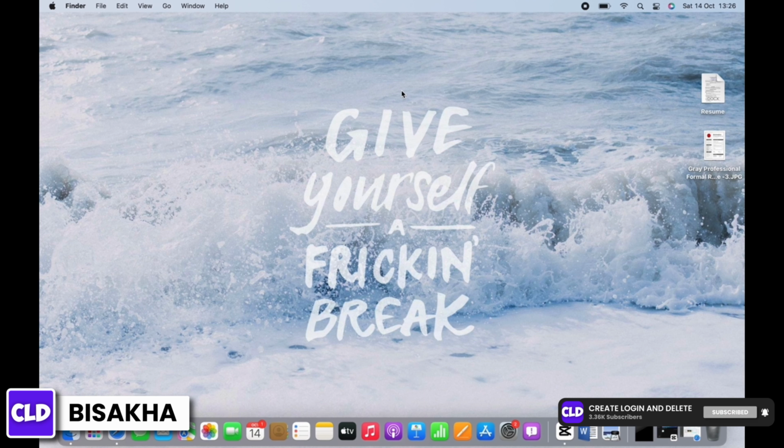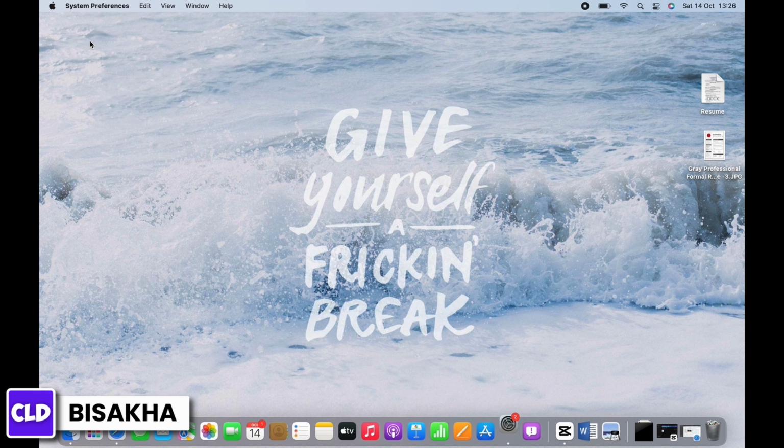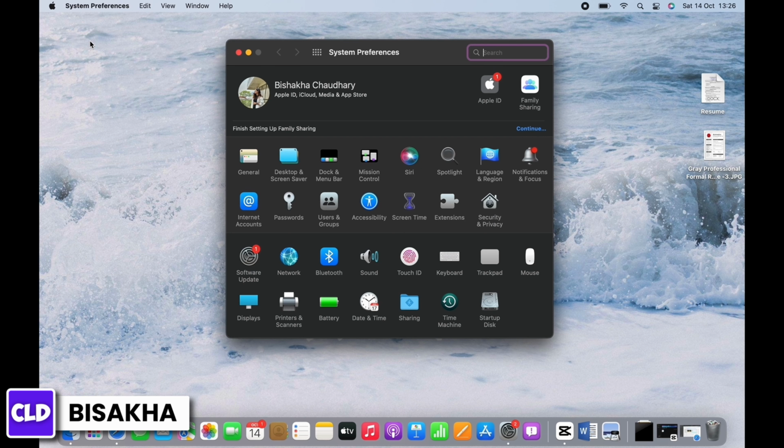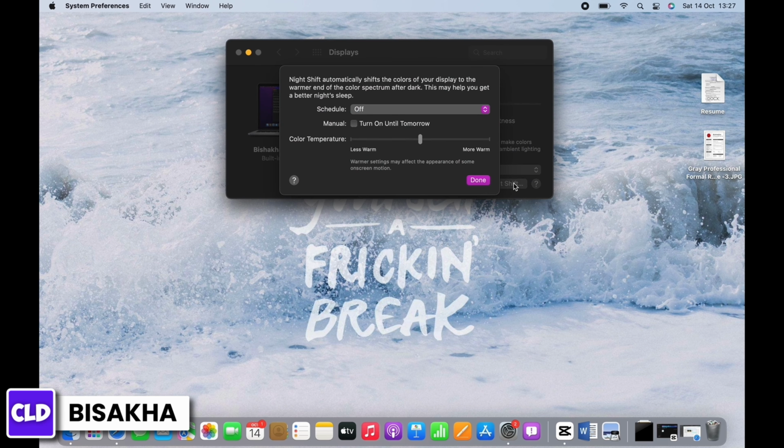In order to enable and use night shift mode on macOS, tap on the Apple icon on the top left corner of your screen. You will see the option for system preferences there. Tap on that and now find the display option and tap on that. You will see the option for night shift now. Tap on that. Night shift automatically shifts the color of your display to the warmer end of the color spectrum